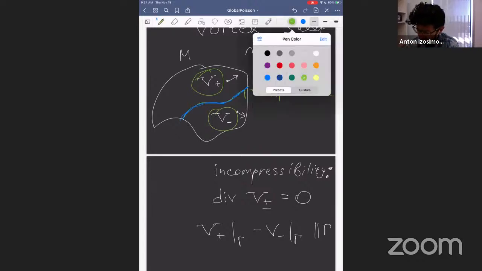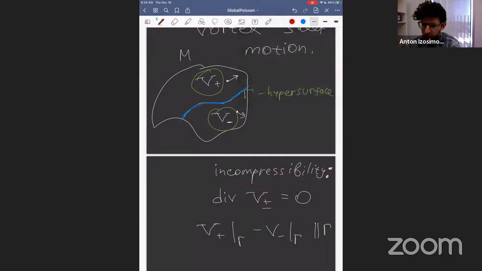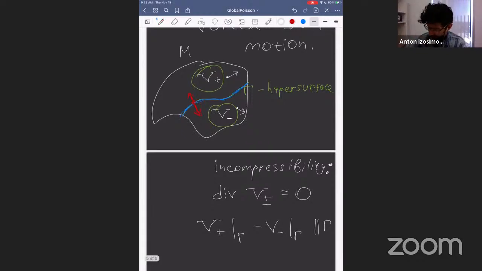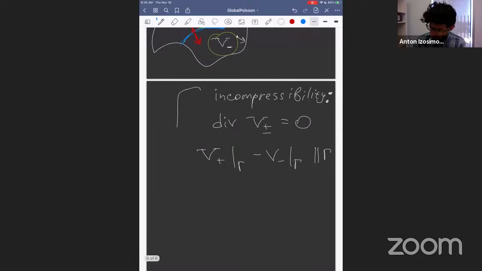Again, just intuitively, it should be clear where this condition comes from. If it's not the case, say you are moving here on one side and here on the other side, then there will be a domain with nothing in it formed, and this clearly violates the incompressibility constraint. So this is our class of incompressible vector fields,